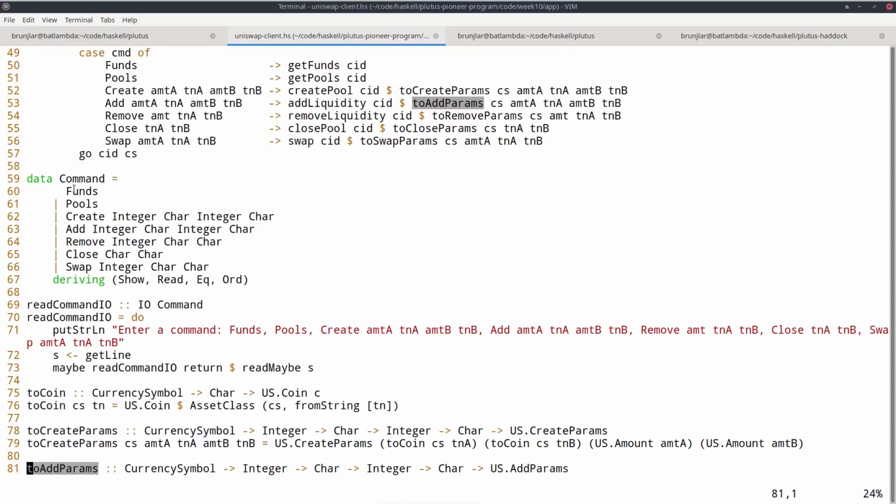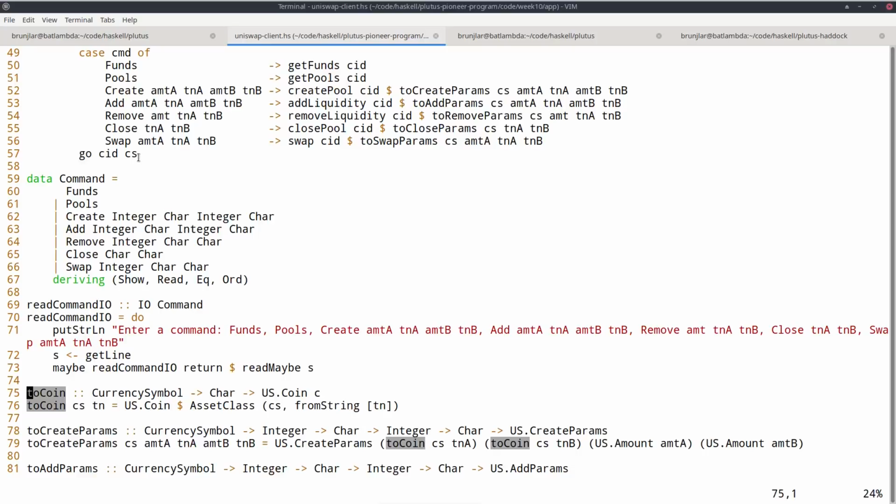And the commands is just this. So for each of those, we have a command. And in order to enter amounts and currency symbols and token names, because the currency symbol will always be the CS, we are only using our example tokens, I don't need that.